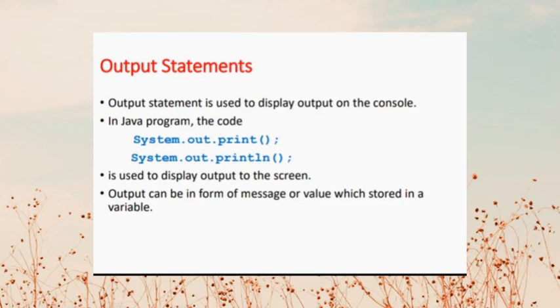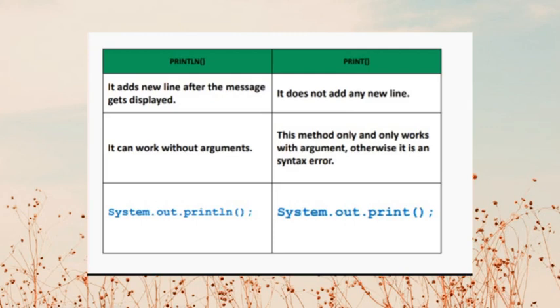This is the example of the difference between println and print. println adds a new line after the message gets displayed. It can also work without arguments, for example, System.out.println();